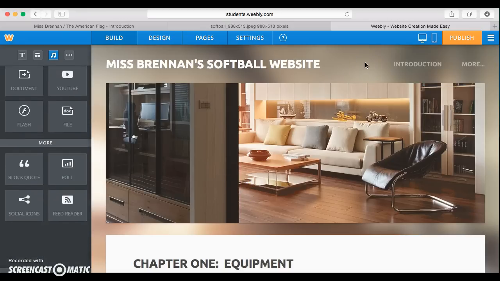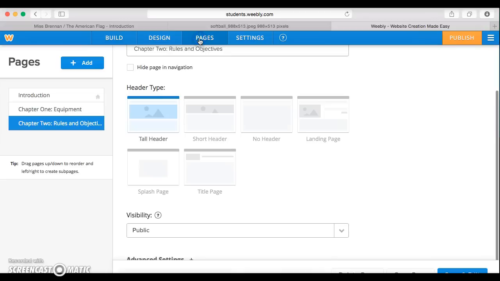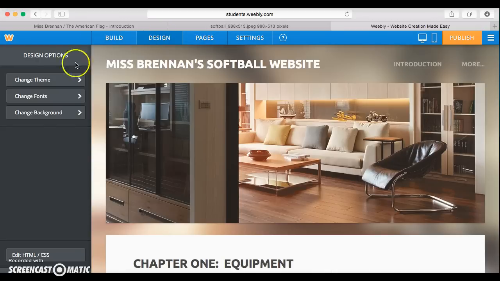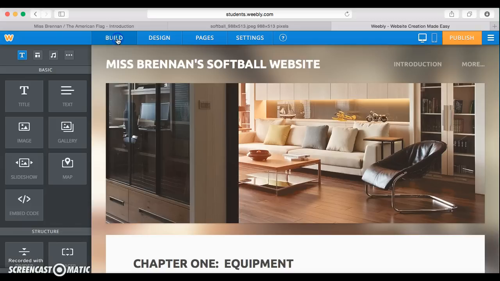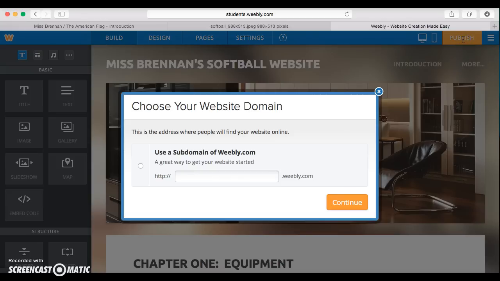So just keep in mind to add pages, make sure you select pages. The design, if you would ever like to change the theme, different fonts, but anytime you want to add images or text or change what your website looks like, make sure you are under build. Anytime you feel like you are ready to publish and save your changes, make sure you go to the upper right and click publish. The first time you do this, you have to select the domain